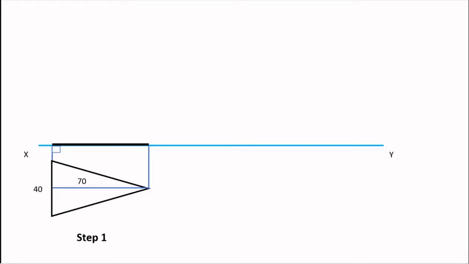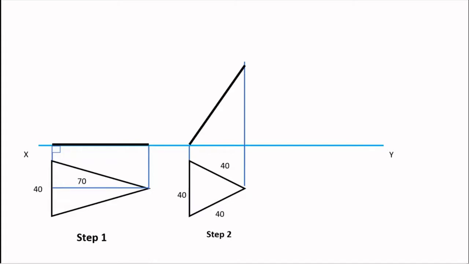In the second step, I know that the top view is equilateral, so I convert my top view into an equilateral triangle, and for the given equilateral triangle, I'll project this. Now I'll use the same front view that I obtained in step 1 and mark an arc like this to find the inclination. So I'll be able to find the inclination over here, that is theta. And then I'll move on to step 3.